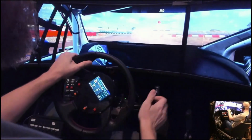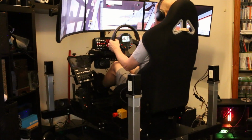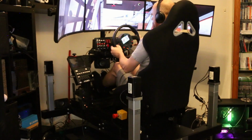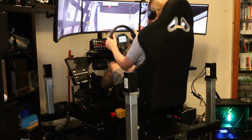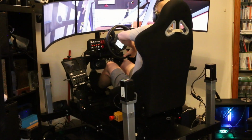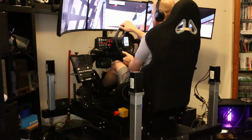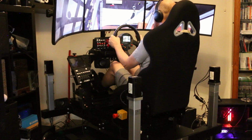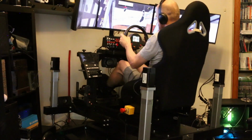And then lastly we have ProSimu, which I give a 2 here for setup. On the software side, it's probably similarly complicated as DOF Reality. Slightly more so if you're going to be using SimTools. If you have an older rig that does not have the updated control unit, then you can only use SimTools version 2. That's just not a user-friendly experience. And then when you add on top of that, finding the software can be tricky, at least if you buy these second-hand, right? If you buy them directly from the manufacturer, I'm pretty sure they make this part easy for you. But finding the software if you buy second-hand is tricky, because you need to register on the manufacturer's site,